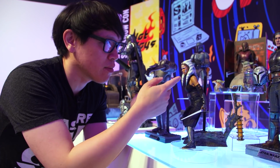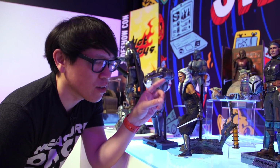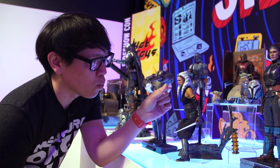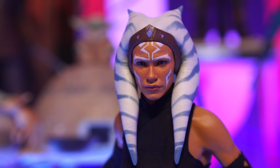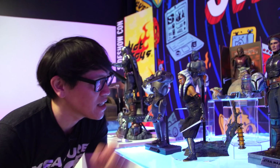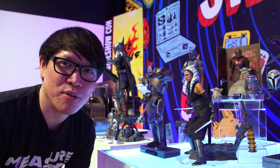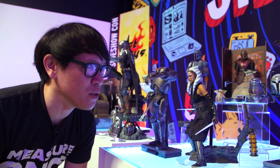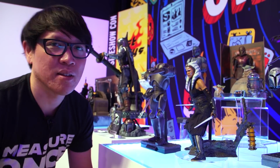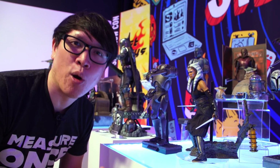They're basically the same type of seamless structure as well, and it looks like there will be some wiring on the inside, so you can pose her and have her looking around, and specifically looking around because there's also going to be the PERS system, which Hot Toys has had for a long time, for individually moving the eyes left or right, so you can really have the personality and the right attitude and the right moment